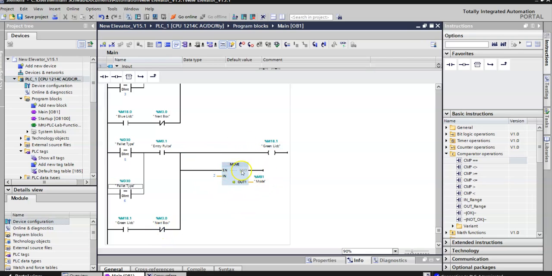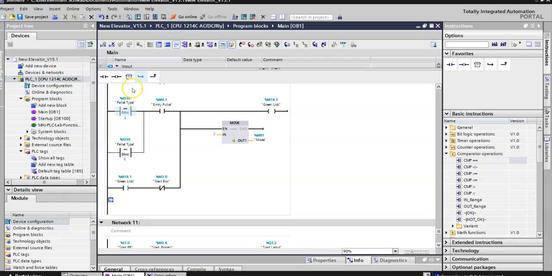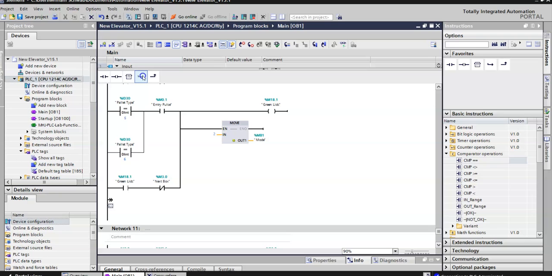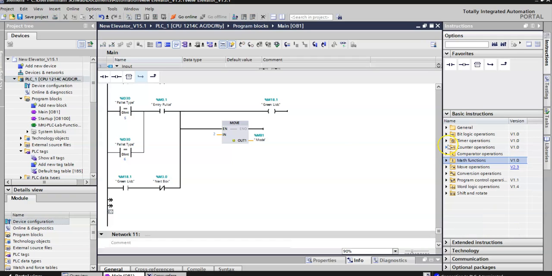And here we have to make sure that we put in the proper mode. Now we're also going to put in, and when you want to add circuits to here, you can highlight the rail and then click on this, and it'll put in a new branch that we can start with. And we're going to put in counters for each of these. So what we're going to do, let's try to get to the counter thing, is we're going to put in,